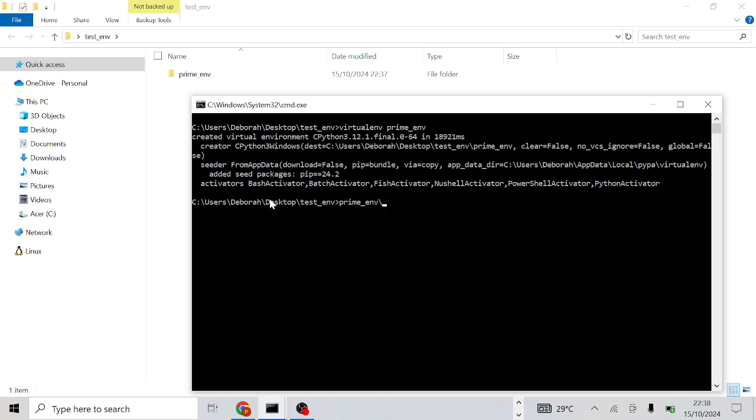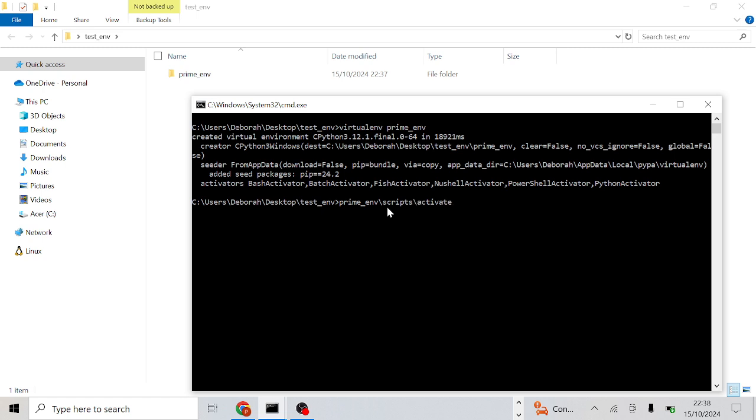The slash must correspond with the other slashes in the path. If not, you will get an error. Just take note of that. So prime env, then you type Scripts slash